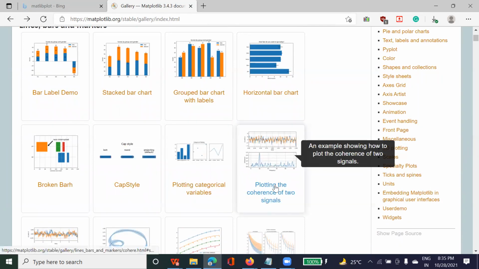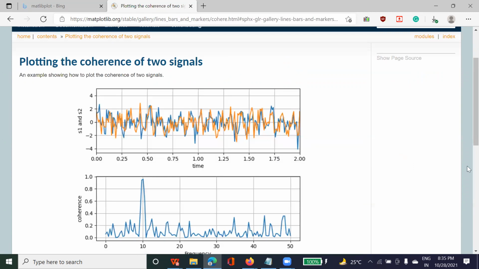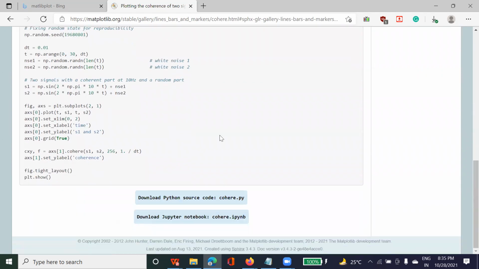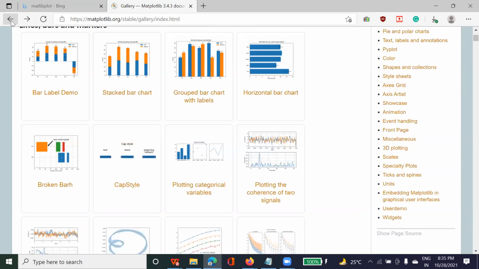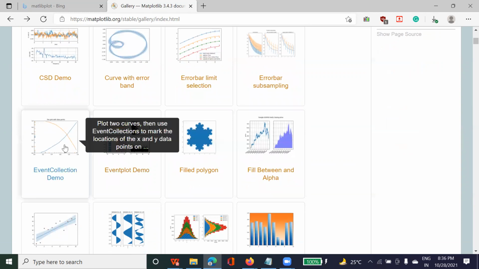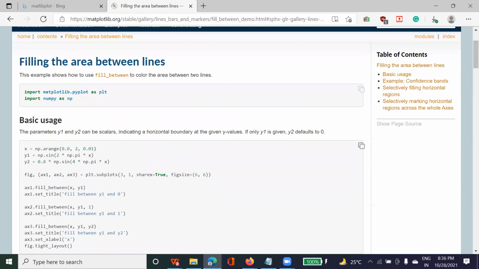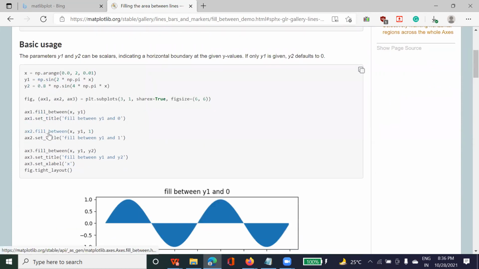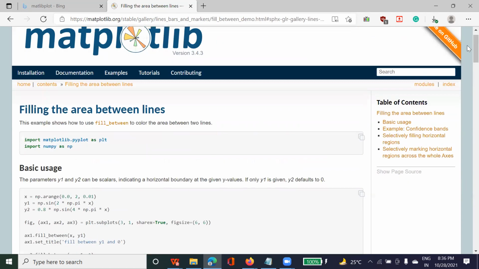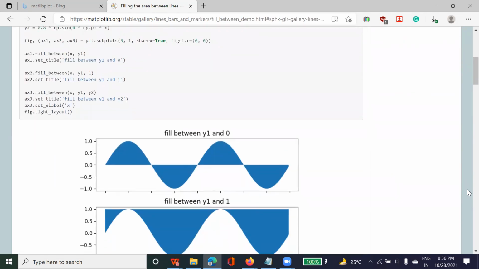This thing we require for coherence of two signals. You can just check it, like if you see that the length of code is very large and you don't understand, leave it. Try with a simple one like this. This is a simple graph, only I think 8 to 10 lines, and very simple. Just go through this. Make those graphs that look simple to you, because even if you do a simple graph, it will give you an idea of the complex one.